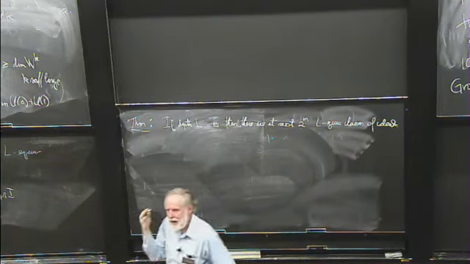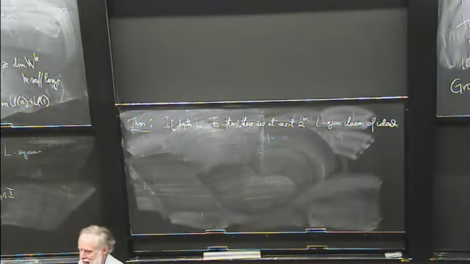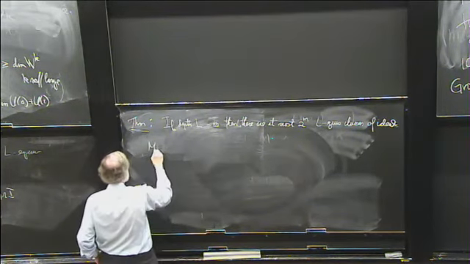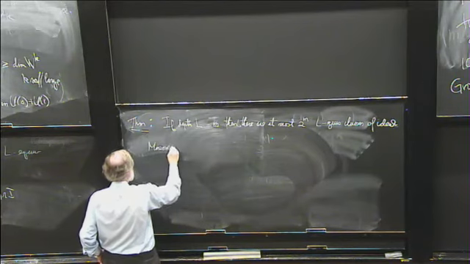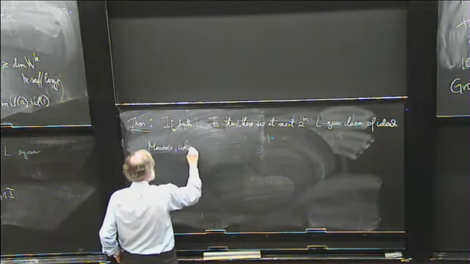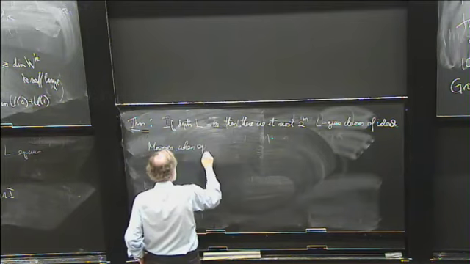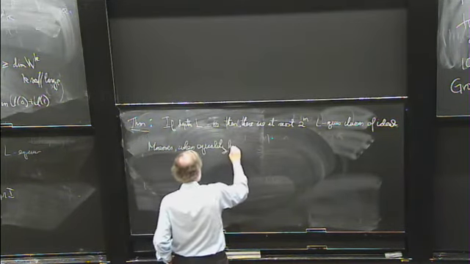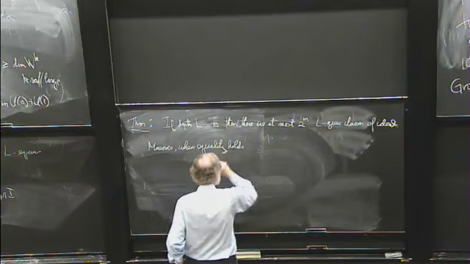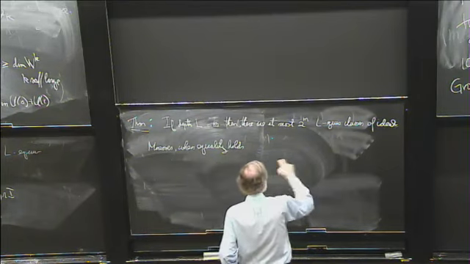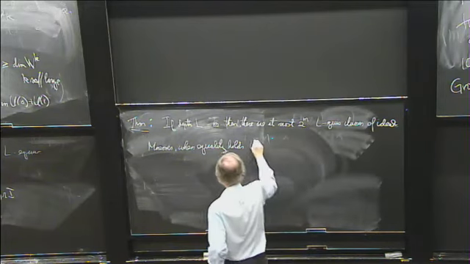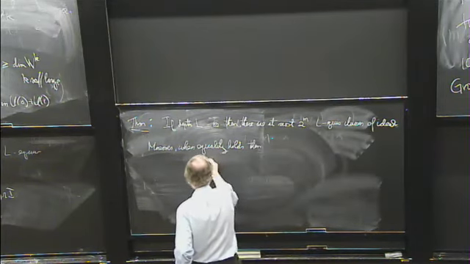So this son of a gun only has finitely many equivalence classes. Moreover, when equality holds, that is when there are exactly 2 to the m,